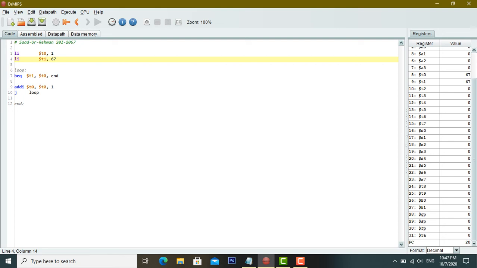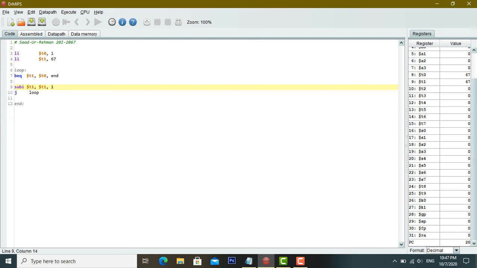So first of all we have to subtract immediate, in this situation not T0, we have to change the value of T1 by 1.